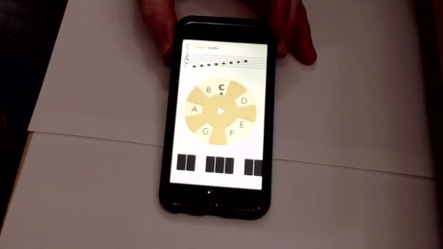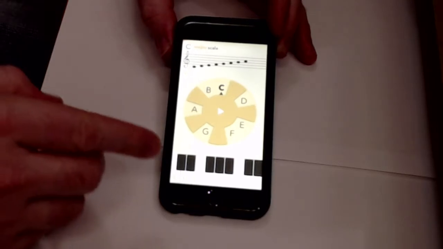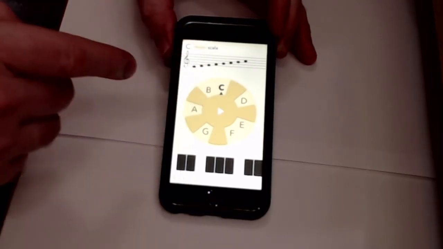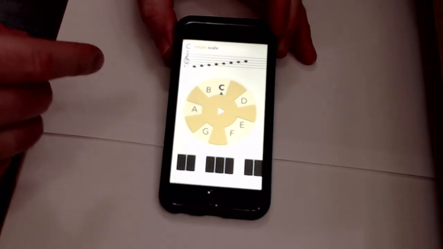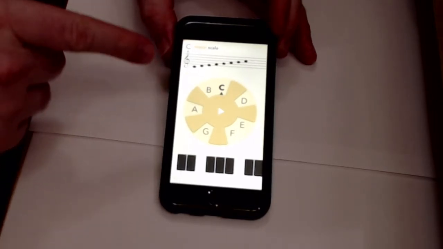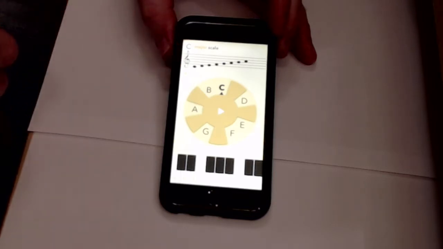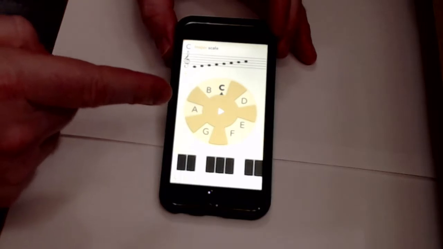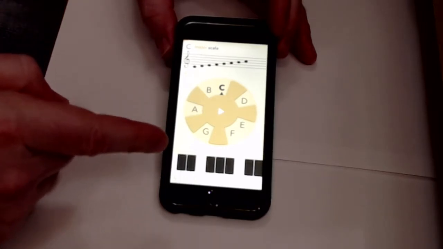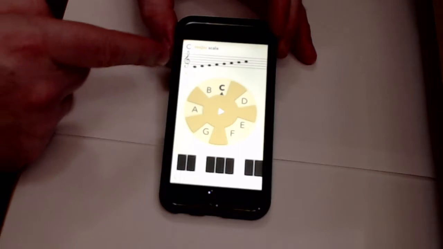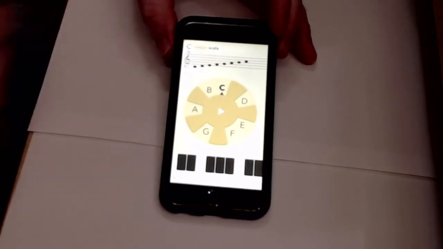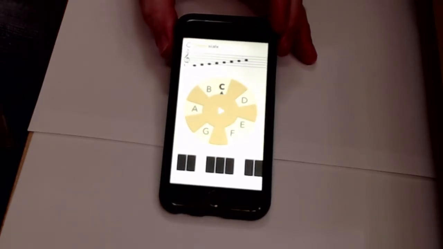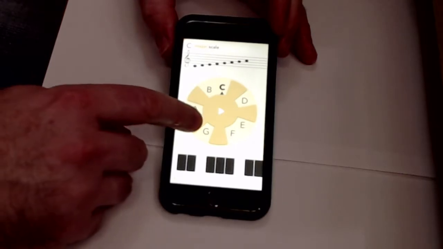This is something that's really cool. You notice how it's got the same sort of mask pattern where it's covering some notes and showing others. So if you start with the C, see where the little black arrow is, it makes a tone jump to D, a tone jump to E, semitone to F, tone to G, tone to A, tone to B, semitone to the next C. Tone, tone, semitone, tone, tone, tone, semitone. That's a major scale. Now, if I shift this,